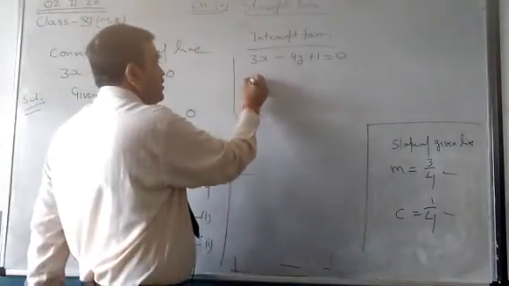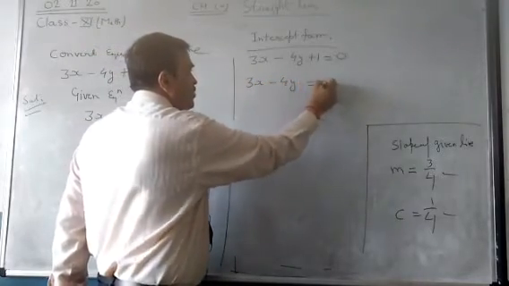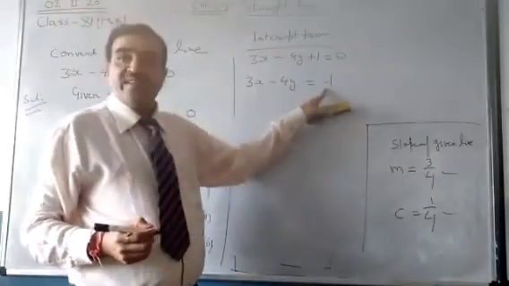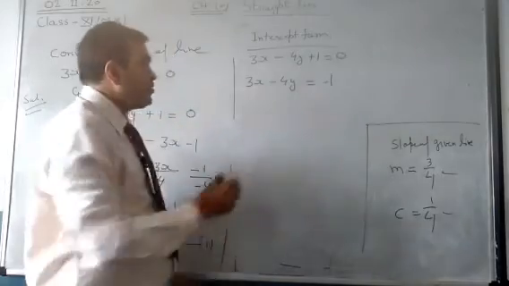Means 3x minus 4y equals minus 1. Dividing both the sides by minus 1, we have